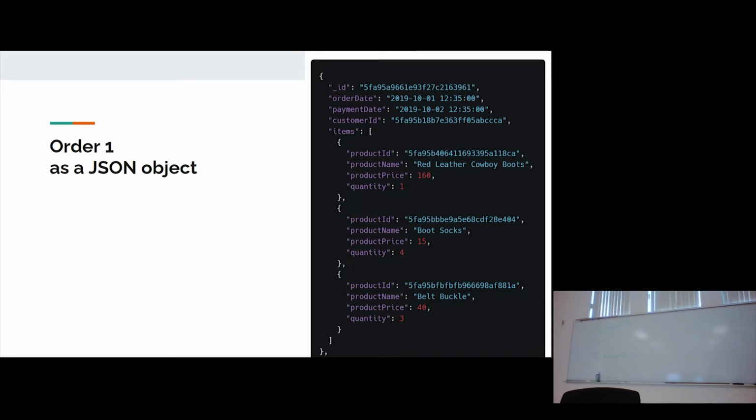How likely is it for the name of a product to change? I would say it is pretty rare. Very, very rare. In fact, your customers will probably be angry at you if you do that